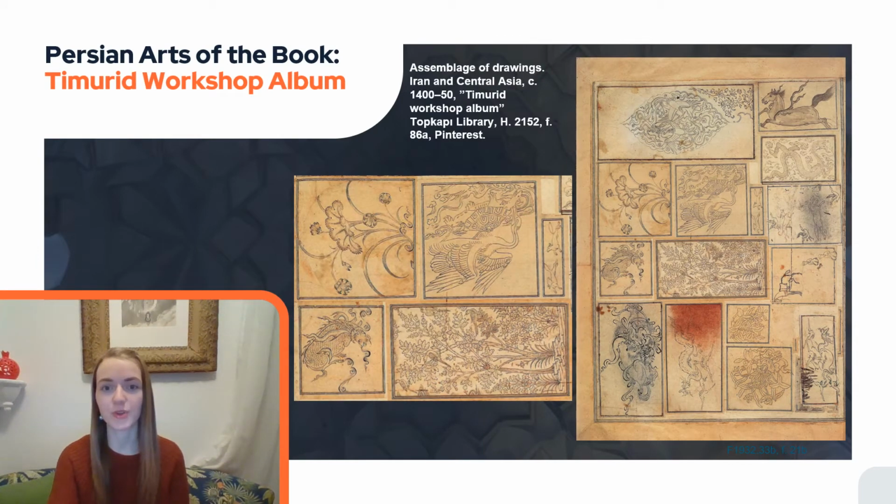We also find the so-called Timurid workshop album with drawings and designs pasted onto different pages. Here you have multiple different depictions in various shapes and sizes. There is a horse with wings in the upper right corner, next to it an elliptical medallion design with birds, below a drawing of flowers and other animals, dense vegetation and mythological creatures, but also studies of figures and compositions to the right towards the bottom.